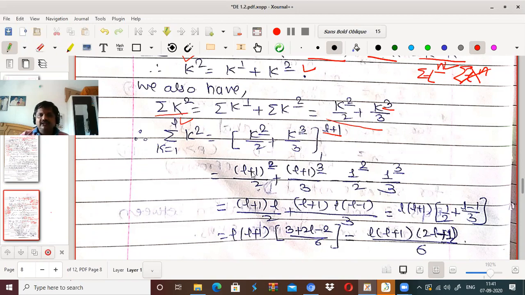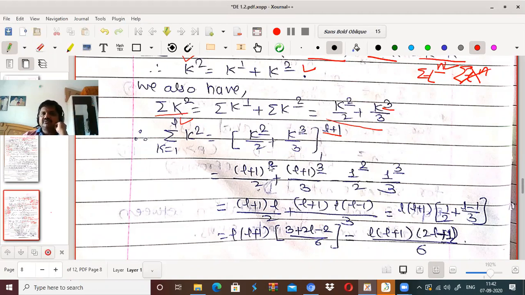If I put k equal to l plus 1 first, then you get l plus 1 to the falling 2 upon 2 plus l plus 1 to the falling 3 upon 3, minus, you put k equal to 1 now. So separately, I will take minus 1 to the falling 2 upon 2 minus 1 to the falling 3 upon 3. We know that if the base is smaller than the falling power, then its value becomes 0. So 1 to the falling 2 becomes 0, 1 to the falling 3 also becomes 0. So both of these terms become 0.